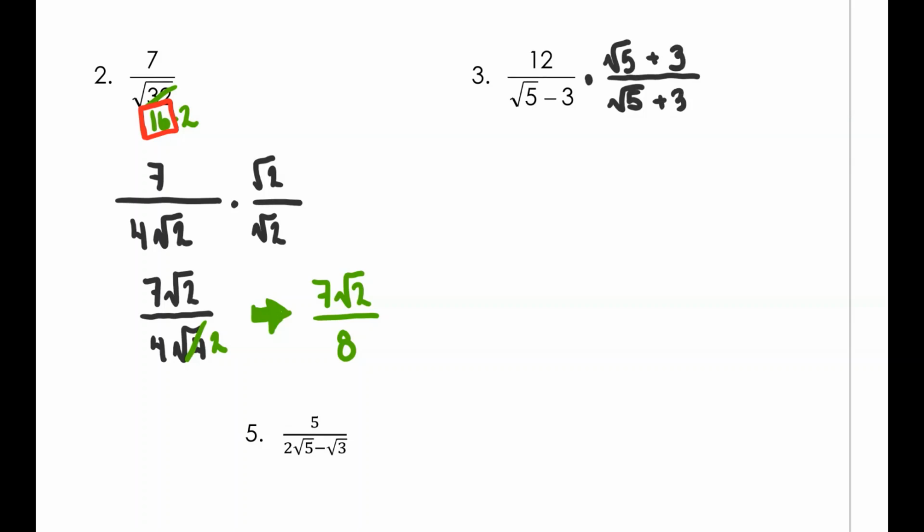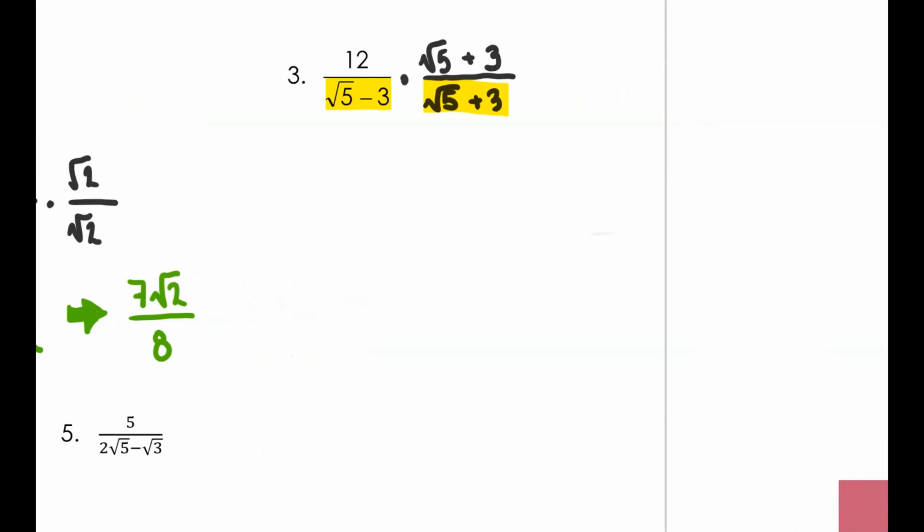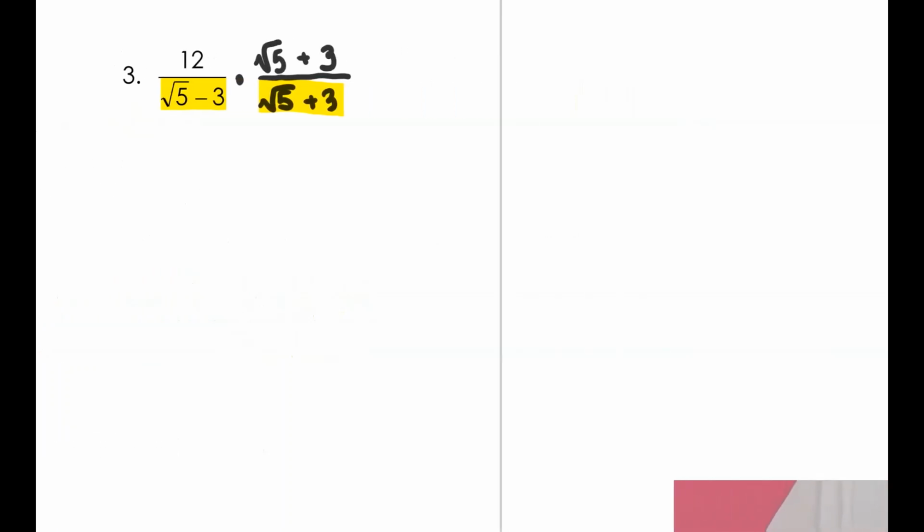Now, the whole reason the conjugate is helpful is because this is one of my special patterns, and this will eliminate the root. So look at what happens. I'm going to just write this off to the side for a minute. So notice that I have root 5 minus 3, and then I have root 5 plus 3. Well, my special pattern,